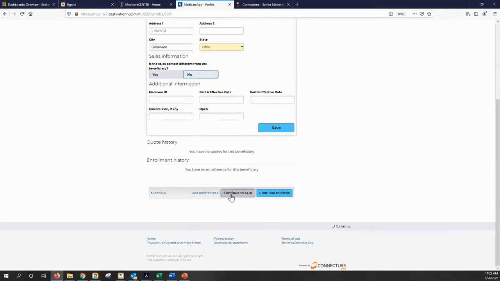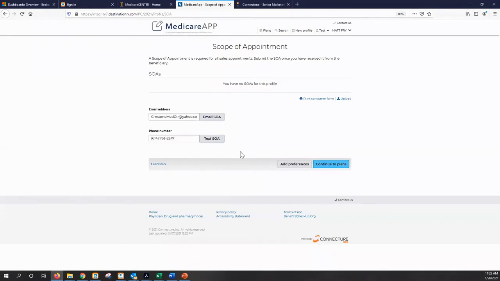So the first thing is continue to SOA. SOA meaning scope of appointment. Now this year, we added the ability to text a scope of appointment to your clients, which is very good. We also have, just like in years past, the option to email an electronic scope of appointment to your member to have them complete. I'm going to show you that process here today, the email. But if you do text the member,